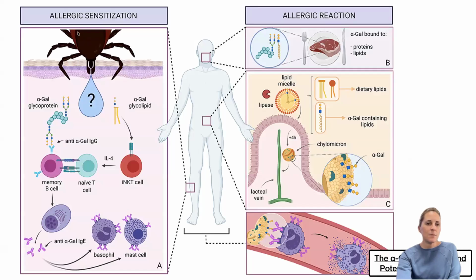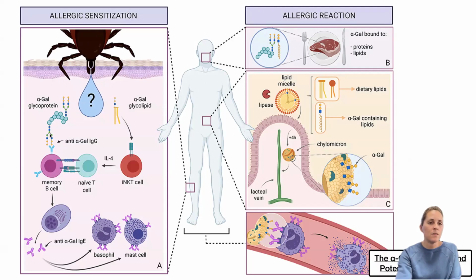So what this ends up looking like is that you have this tick. The tick bites, something happens. Once again, we don't know what this is. This could be the venom, it could be a virus, bacteria, or a parasite. We just don't know yet. And this is a relatively new thing, and this is the way science works: once you identify something, then you spend a lot of time trying to figure out what's going on. But what we do know is that